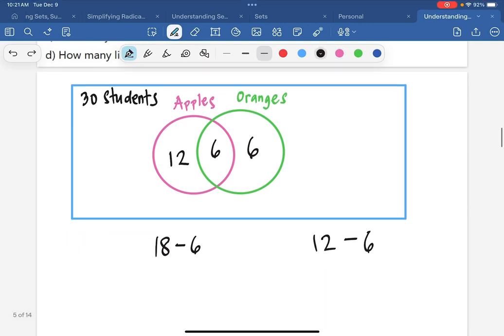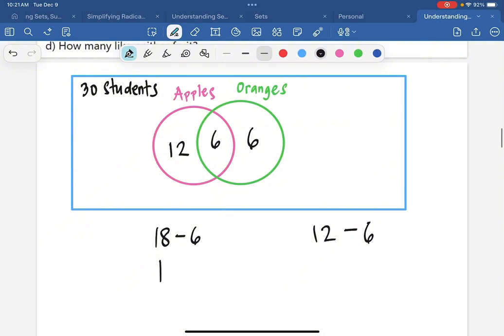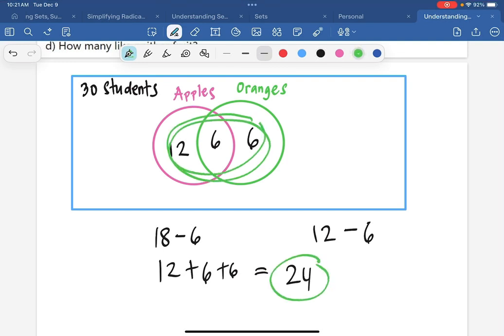Now, if you try to add the three of them, we get 12 plus 6 plus 6. Now the answer is 24, which means the total of the union of both sets is 24. So that means there are 24 students who like apples, oranges, whether it's an individual thing or a commonality of both numbers or elements. But remember that there are 30 students, which means